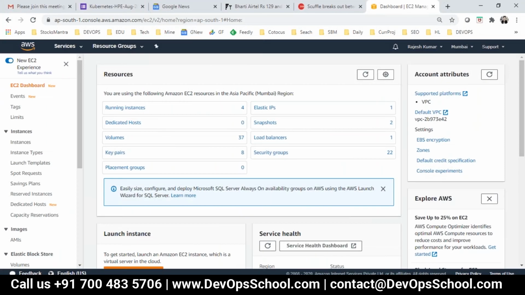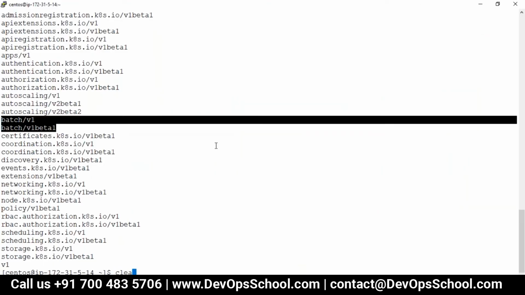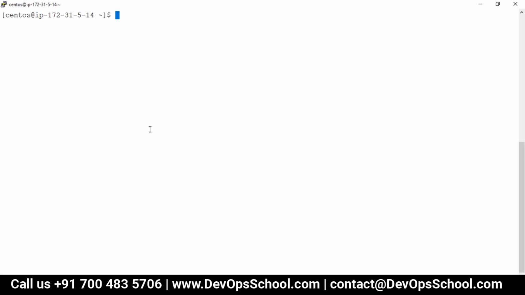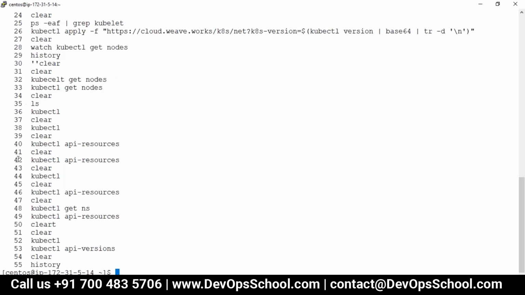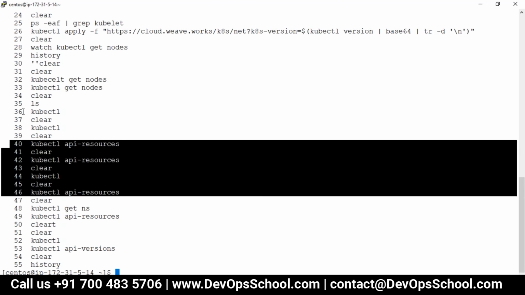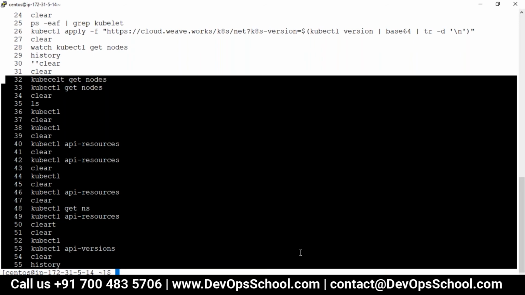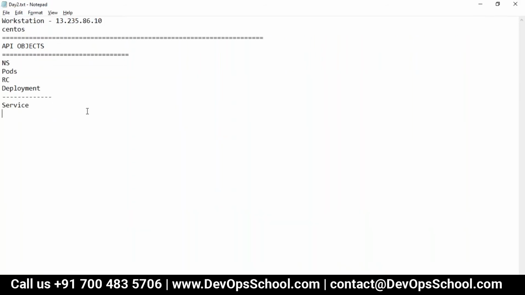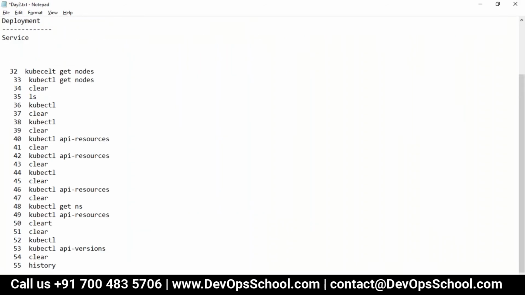So guys, did you understand version so far? Rajesh, I have a question. These versions will keep on changing. For example, in a YAML file for the pod, I have mentioned some version, but after 10 days, will it change?